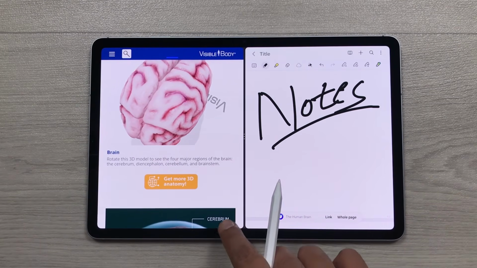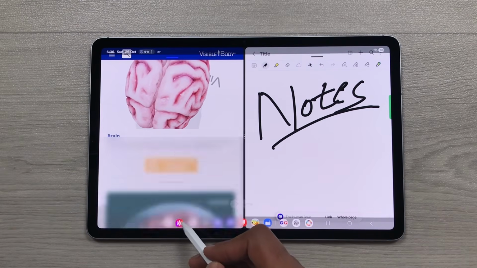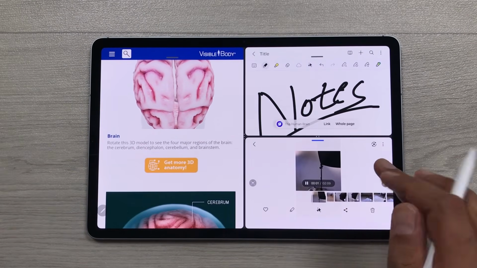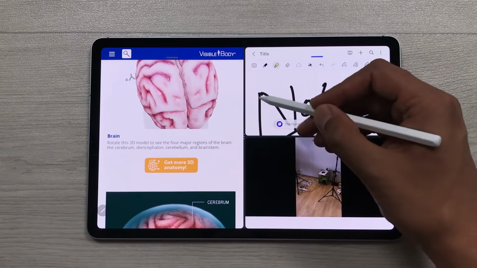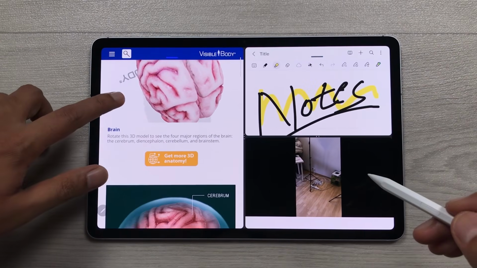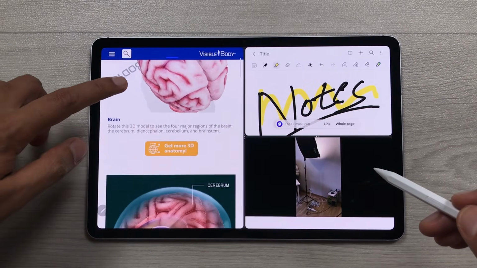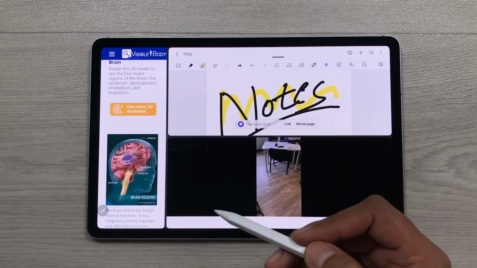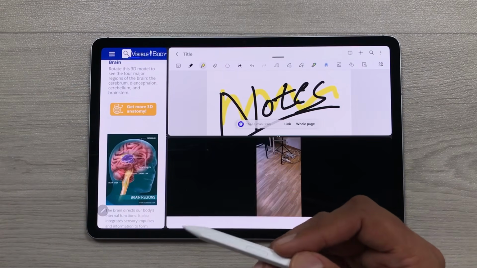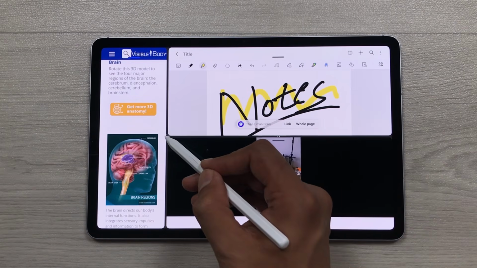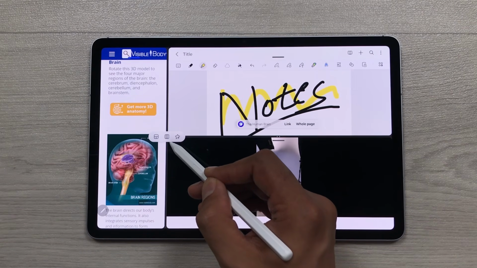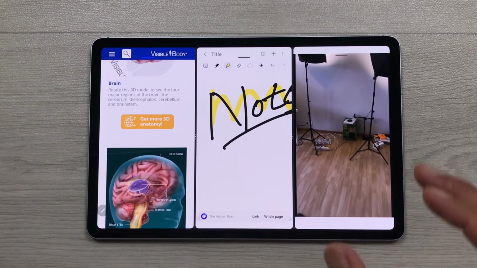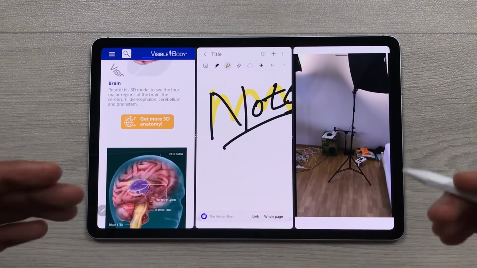So I will take out this taskbar and then from here I will open this gallery app here in split screen, and now I will play this video. In the meantime I can also take my notes and I can also use this website as well. You can also change the size for these apps, and now you can also change the layout in vertical mode. So you have to select these three dots and here we have this new vertical layout option. So I will select it and now you can see all of these three apps are open side by side